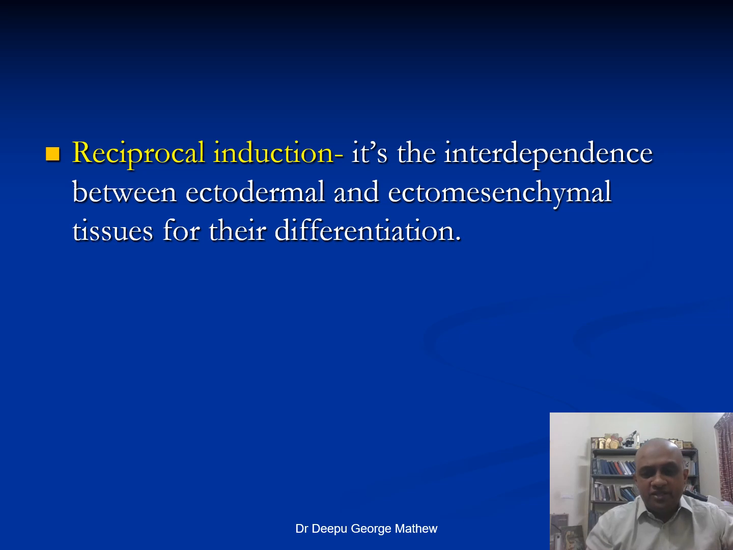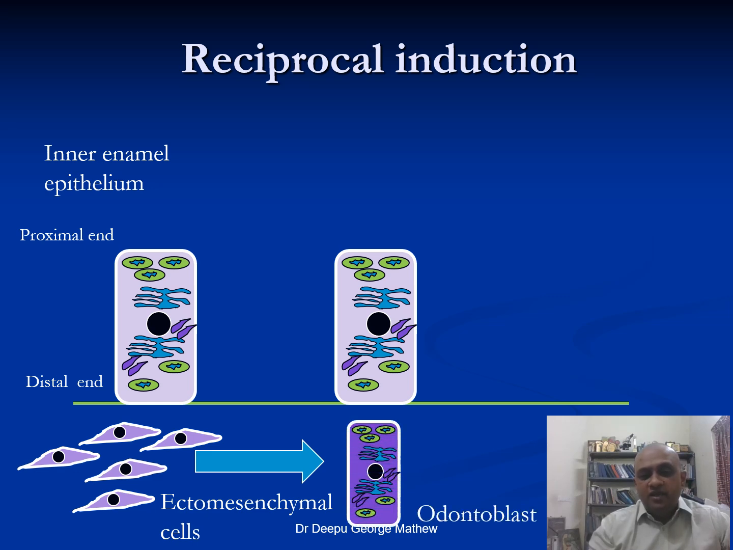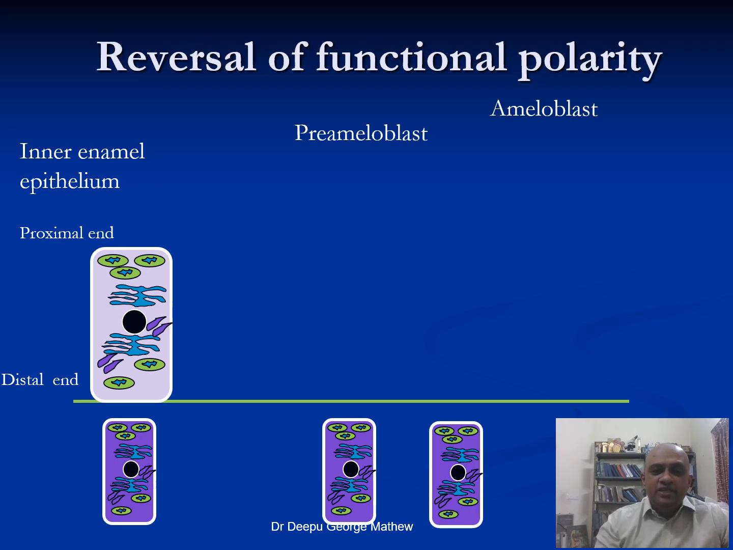Let's see how the reciprocal induction happens during the transformation from the early bell stage to the advanced bell stage. The inner enamel epithelial cells are above the basement membrane, and beneath that are the ectomesenchymal cells, which are the dental papilla cells. Because of the organizational influence or the signaling factors released from the inner enamel epithelial cells, the dental papilla cells will transform into odontoblasts, cuboidal or columnar odontoblasts,